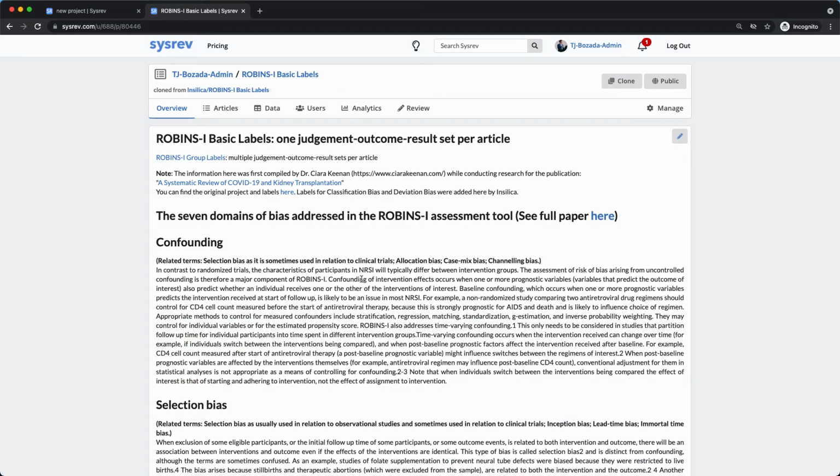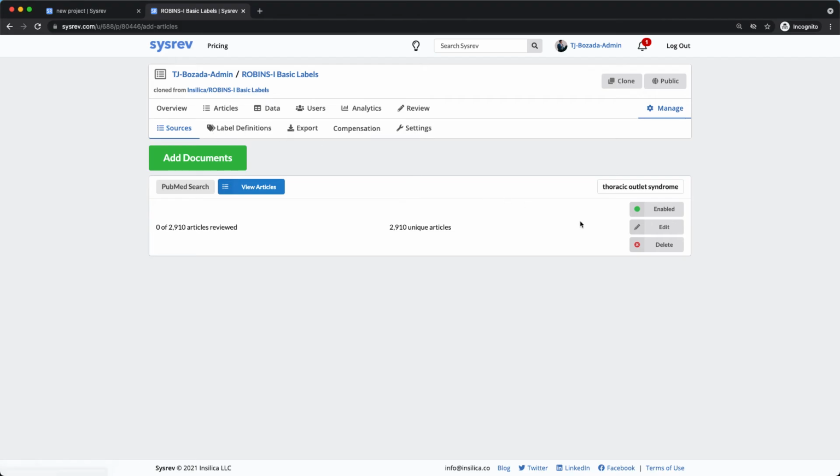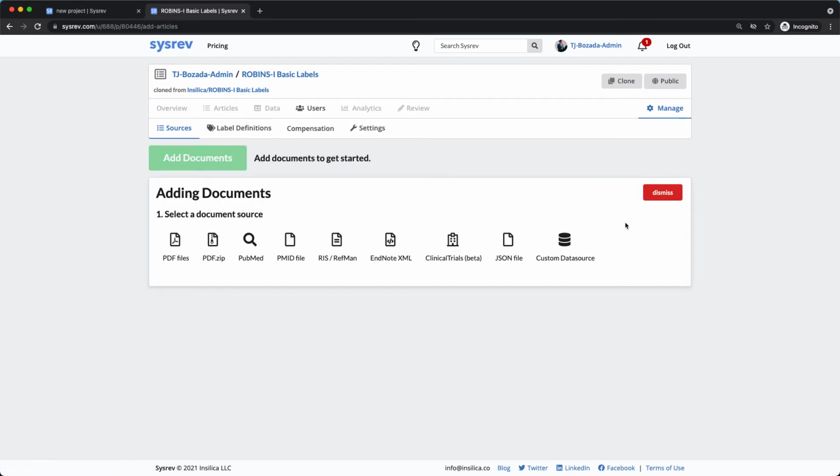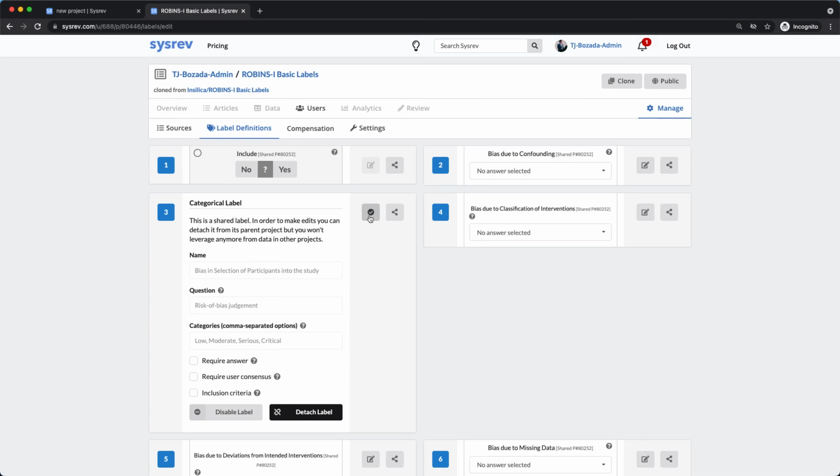and SysRev automatically creates a new project with all of the same label definitions and articles, but none of the answers. To review your own articles, simply go to the Add Manage Articles page, delete my PubMed search, and import your own articles. A quick note, cloning a project effectively uses the shared labels functionality for each label. All that to say, if you want to detach the labels, you will need to do so independently for each